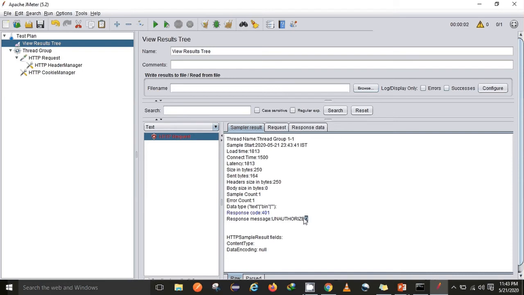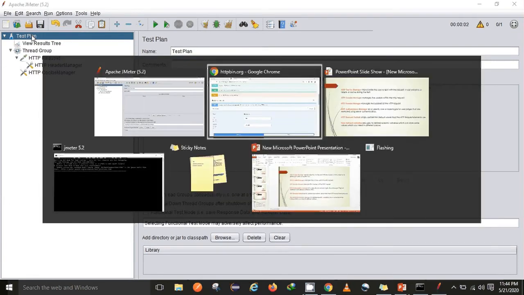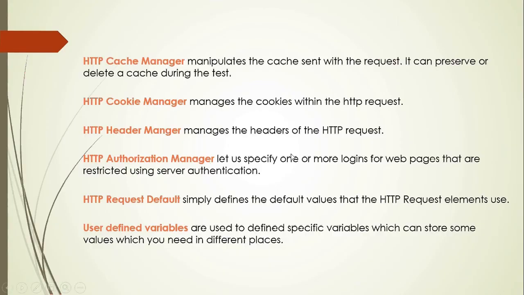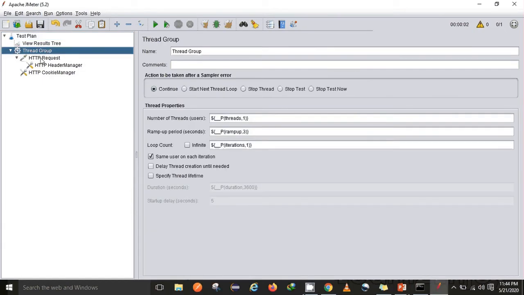As I'm not using an HTTP authorization manager, the authentication failed on the server side. As I was telling you, the authorization manager helps us specify one or more logins for web pages that are restricted by server authentication. So the server authentication failed and I have received a 401 error.